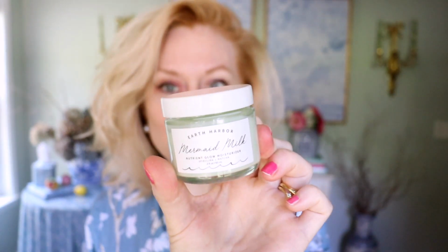So my so far favorite that I would put everywhere, and it goes a very long way, is the mermaid milk. This is their moisturizer. So it's spirulina and matcha. It's also like, if you have dry skin or combination skin, it leaves your skin with like an oily finish, but not like in a bad way, in a really nice, luxurious way. And my skin drinks this up. It's magical. I am really impressed with Earth Harbor so far,